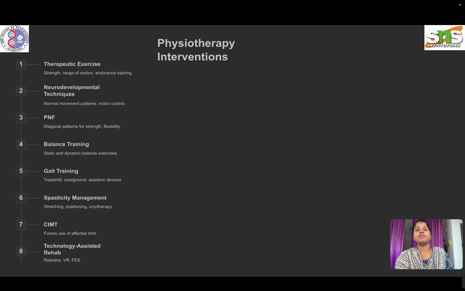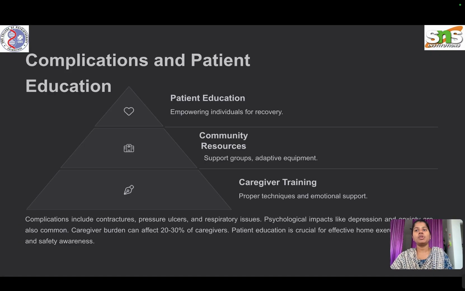And coming to the physiotherapy interventions: therapeutic exercise for strength, endurance, and ROM, and normal movement patterns must also be improved. PNF for strength and flexibility, balance training for both static and dynamic, gait training, and constraint-induced movement therapy. Technology-assisted rehabilitation such as robotics, VR, and functional electrical stimulation is also given to such patients. And what are the complications and patient education? Complications can include contractures, pressure ulcers, respiratory issues, depression, and that's why patients